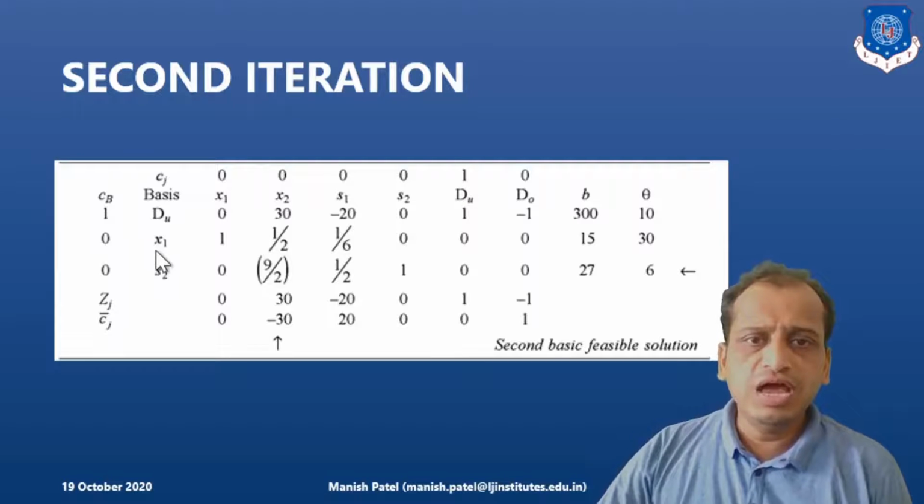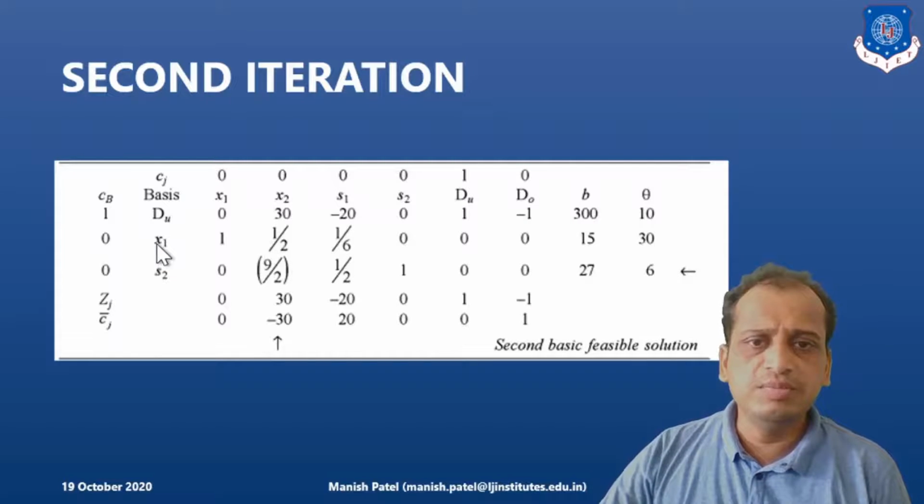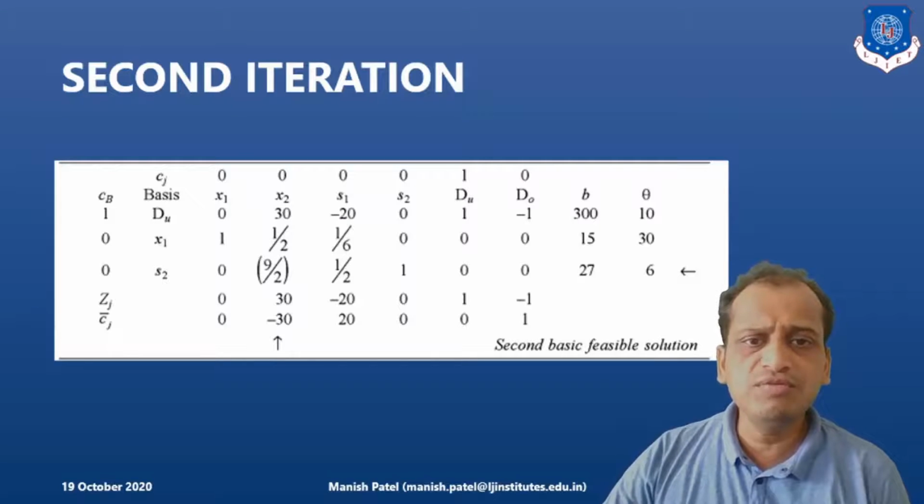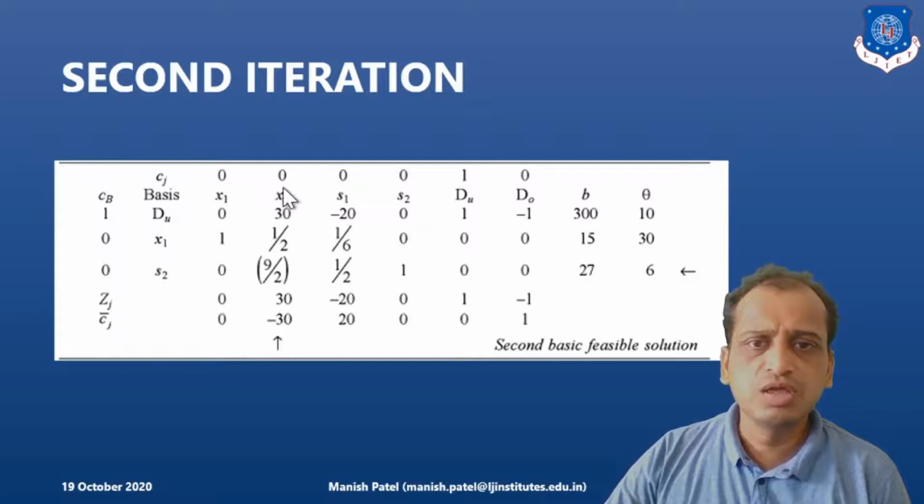And here if you see, I have written x1, that is the entering variable. Now we will again follow the iteration of simplex method where we will find out the Zj. So how do we find out Zj? Which is nothing but 30 into 1 plus 1 by 2 into 0 plus 9 by 2 into 0, which is nothing but 30. So in the same way we will find out the rest of the values of Zj. Now Cj minus Zj is nothing but 0 minus 0 is 0, 0 minus 30 is minus 30, 0 minus minus 20 is 20, and likewise.